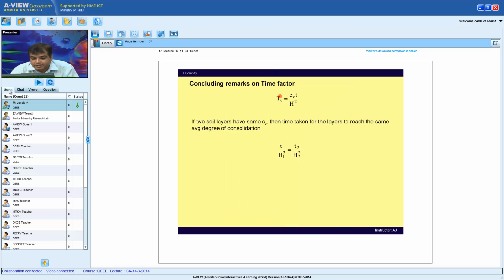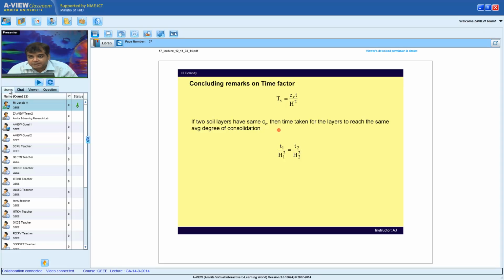So that was the equation. If someone asks me, this 20 millimeter thick sample of a TV of 0.848, which corresponds to 90% consolidation, can I extrapolate that the whole clay layer at site, which is maybe 7 meter thick, for the same 90% consolidation, how much time will it take? So I just equate TV from the laboratory test to TV from the field test.